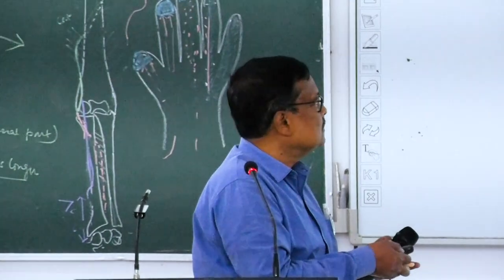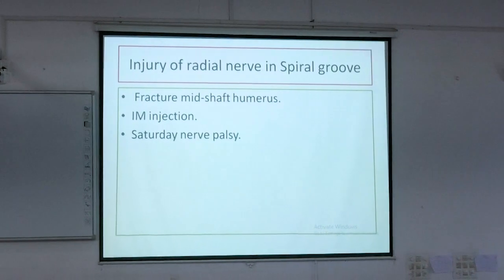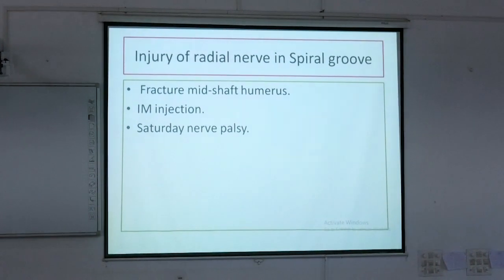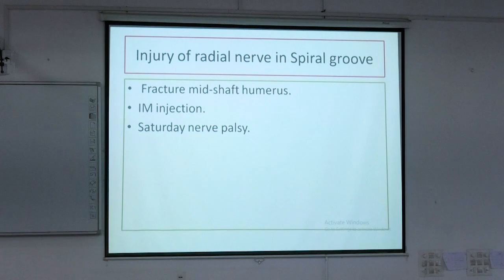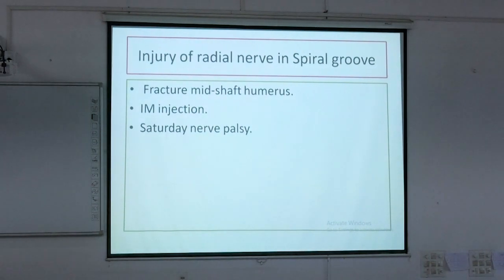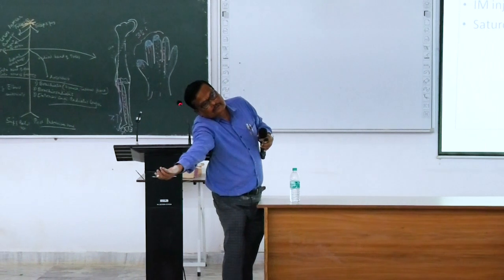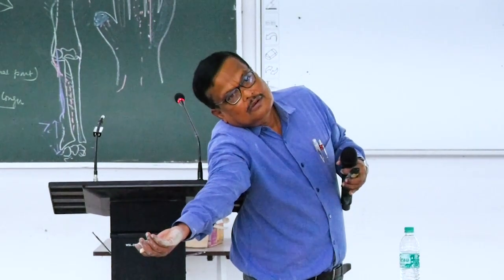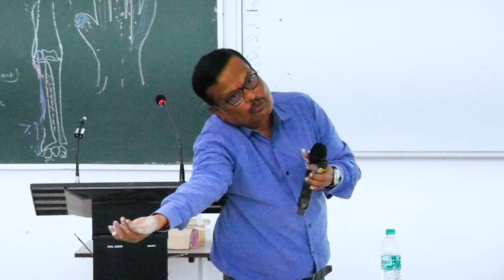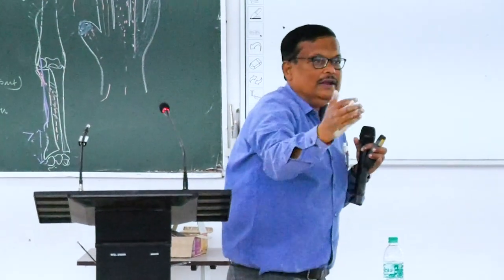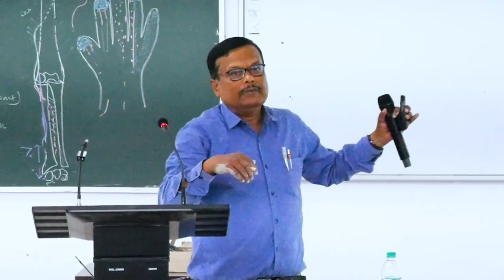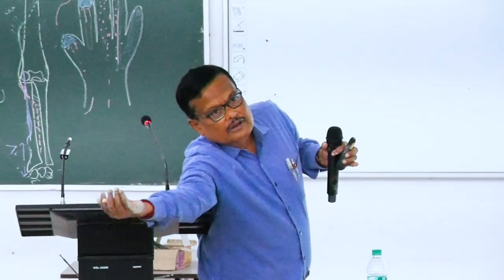রেডিয়াল নার্ভ উইথ দ্য স্পাইরাল গ্রুপ, again fracture, most commonest cause is the fracture of the humerus. আর কি কজ? স্যাটারডে নার্ভ পলসি। এরকম ঘুমিয়ে গেছে, এই যে দেখো, ফলে রেডিয়াল স্পাইরাল গ্রুপে হতে পারে। সো স্যাটারডে নার্ভ পলসি মেইনলি অকার্স ইন দ্য অ্যাক্সিলারি রিজন, বাট মে অকার অলসো ইন দ্য মিড আপ রিজন।